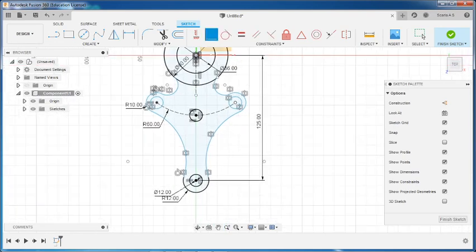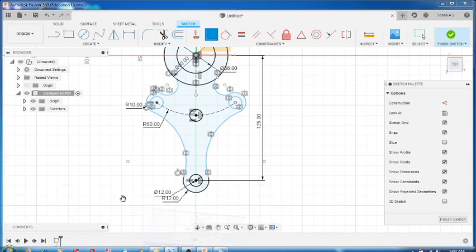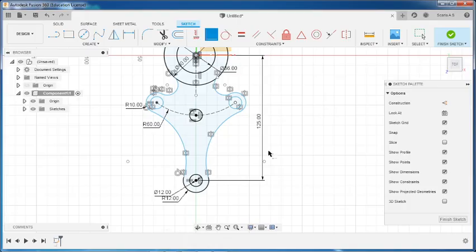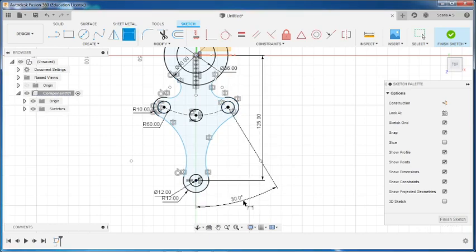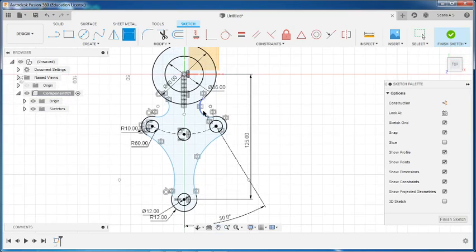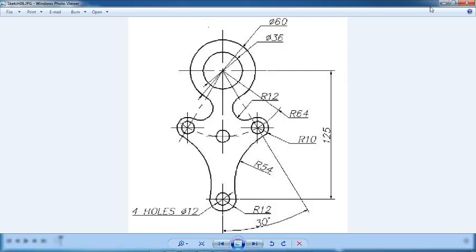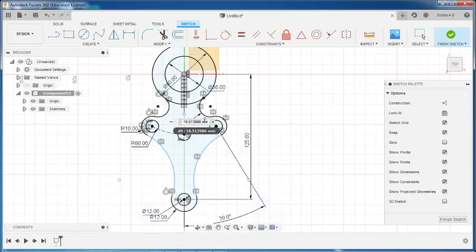Now we give the dimensions. All the dimensions we have to give is, so this is 30 degree. So go here, press D. This point, this center point, and this is 30 degree. Then this radius is, I think, 12. This is 12, 12,